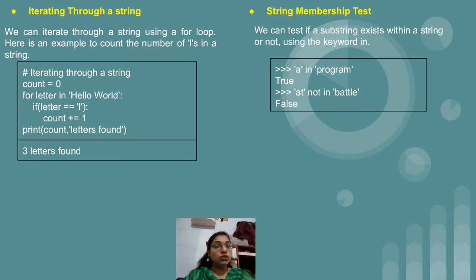And this much code is inside the for loop, that is the if, and outside of the for loop we have displayed the count, that is, the count of letters found. So 3 letters found, means L is found 3 times. So this is called iterating. Iterating means actually we are visiting each and every character of the string. Then we can simply display the characters on separate lines, like that we are having programs.